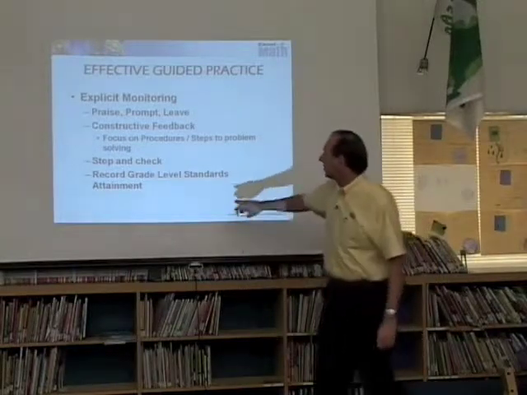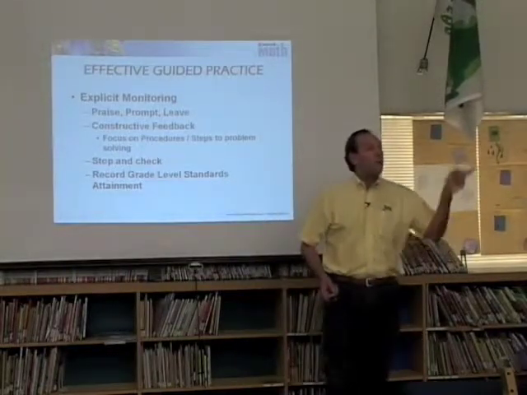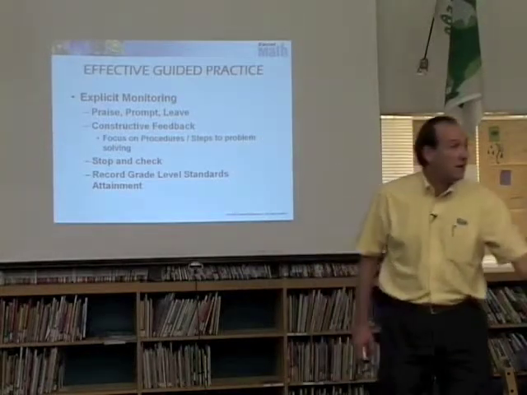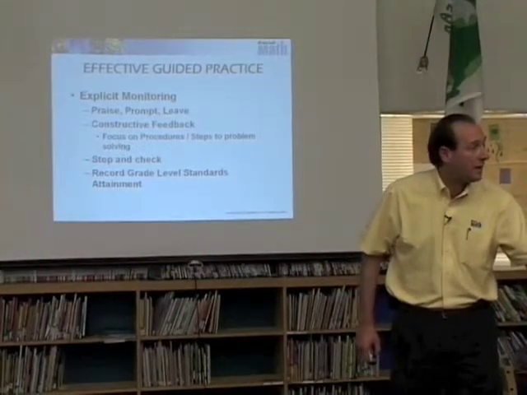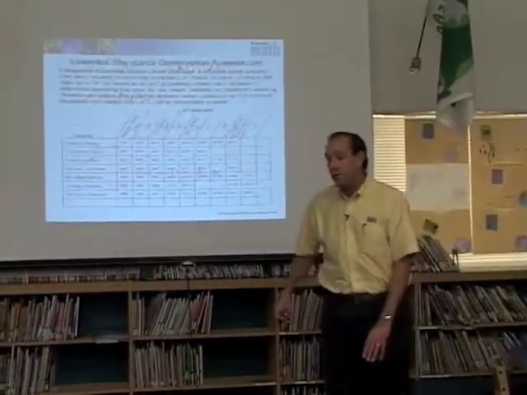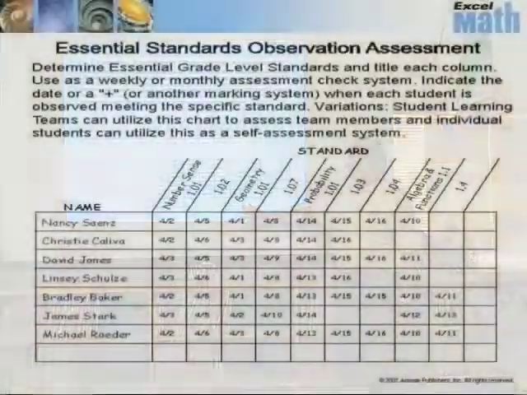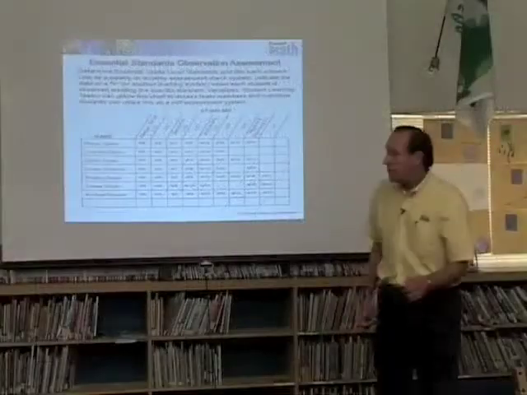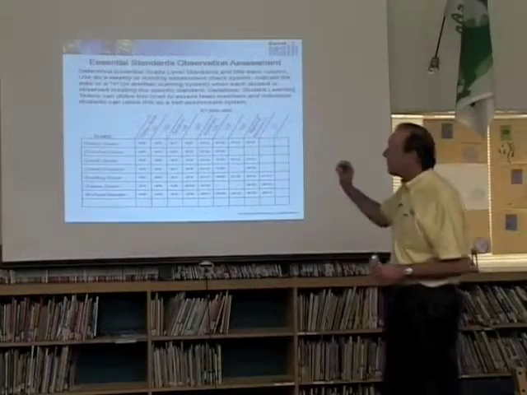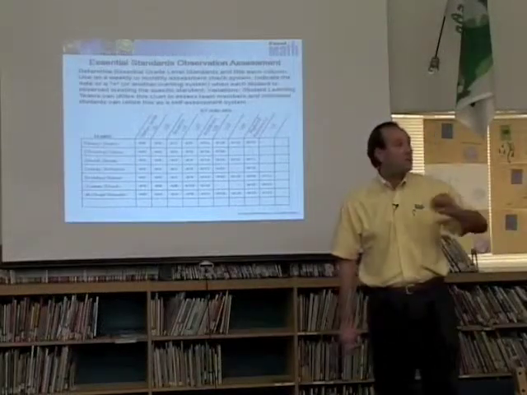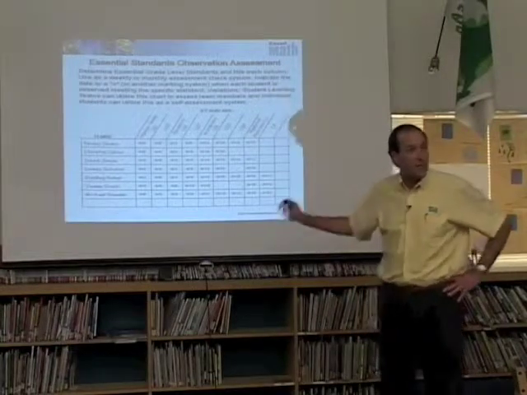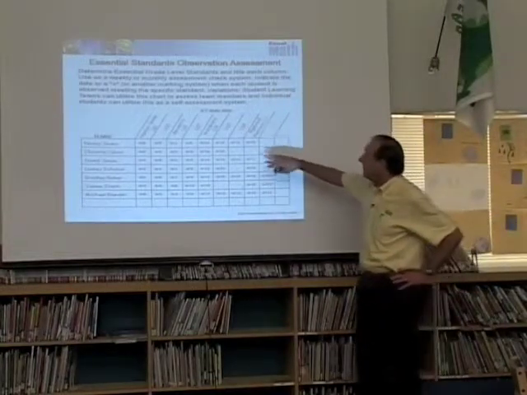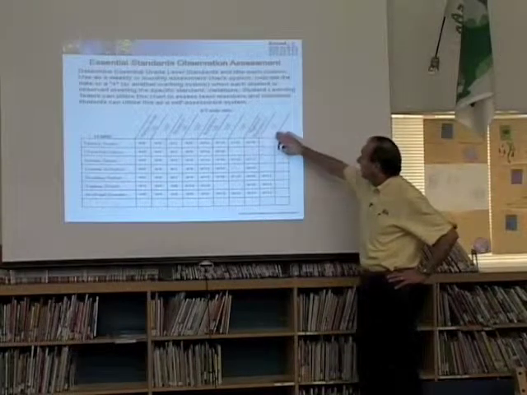One of the things you can do is record grade level standards attainment by going around and saying, hey, your check answer, you got this right. Tell me the steps you did to get this right. And while you do that, if you build a chart that looks like this, where you have the essential standards across the top, you have the names of your students down the side, and the date that a student communicates to you understanding or attainment of number sense 1.01 or whatever the standard or concept is, you write the date. If you do that a little bit each day, hypothetically in this classroom, algebra and functions 1.4 is